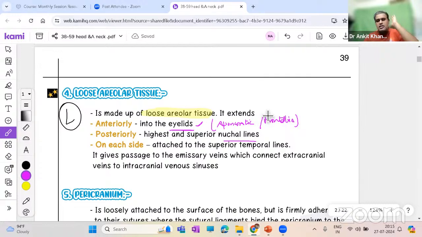Behind and on the sides, these layers are attached to the bones directly. So they are sort of fixed over here because they are attached to the bones. Anteriorly, in this eyelid, you can see the skin is very loose, right? The skin is very loose. So what happens? It gives us a clinical situation which you all must have heard about, the